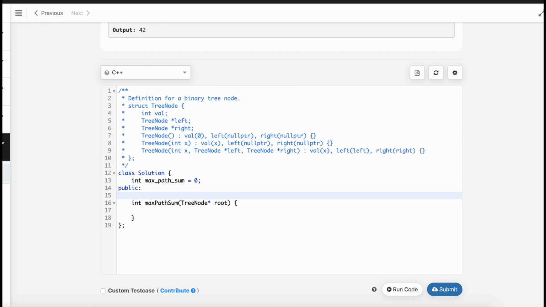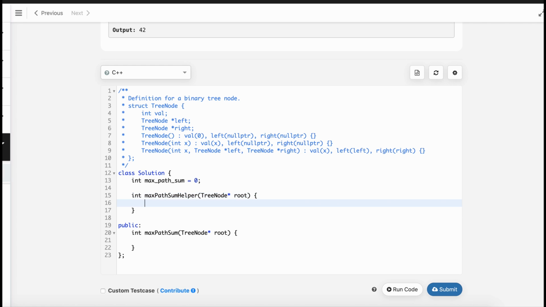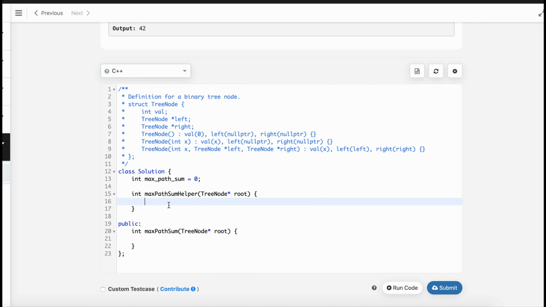now we will perform recursion. We can perform recursion over here, which is basically to return the linear path sum. So say maximum path sum helper, or linear path sum, whatever, maximum path sum helper, and it will take a tree node as an argument, and